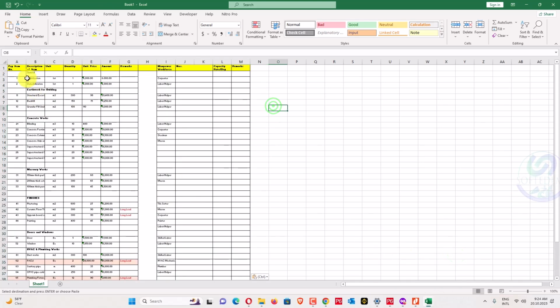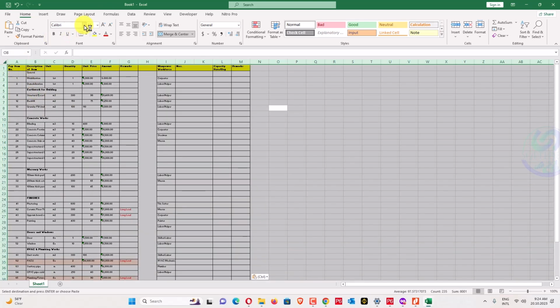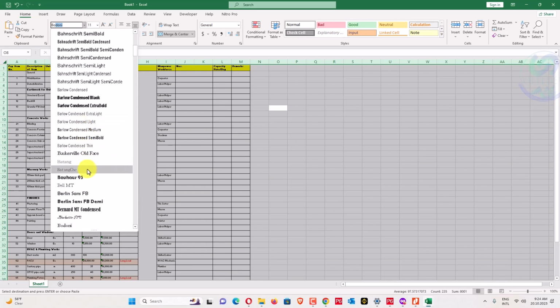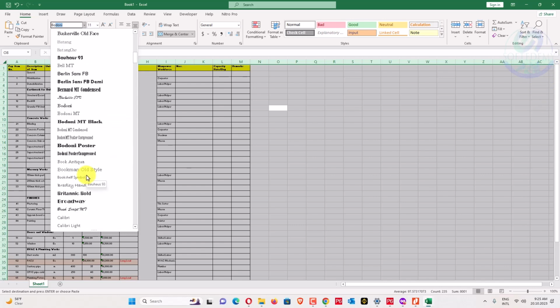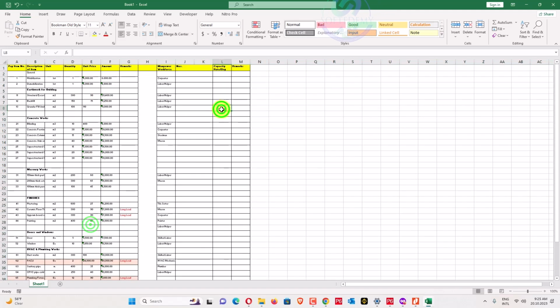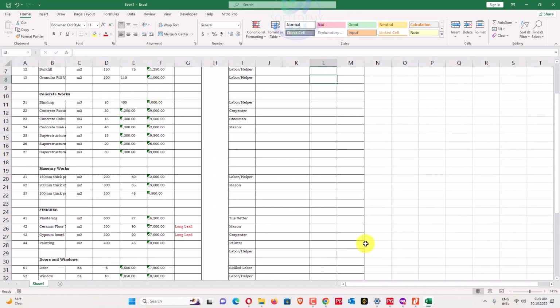Okay, so we have this one, and now I want to use a font like Bookman Old Style. So this font is better. Okay, so we have the sheet.